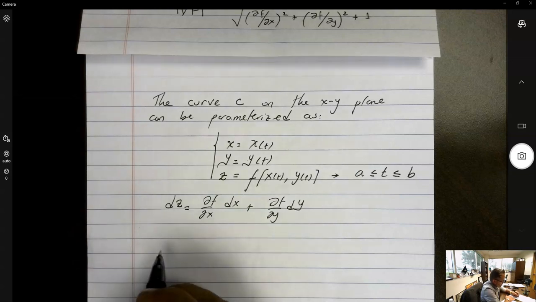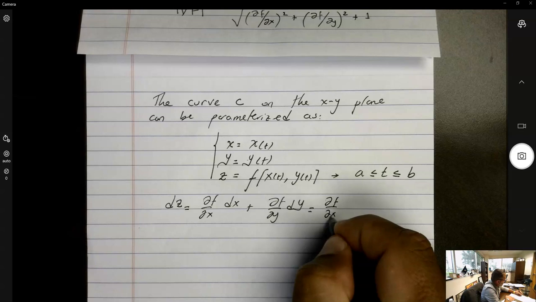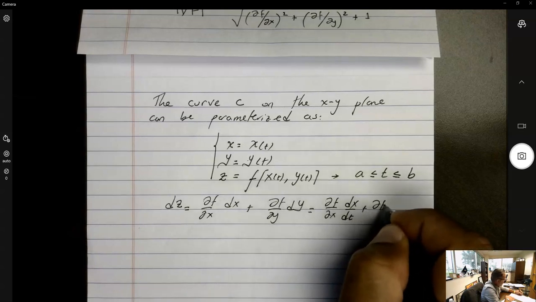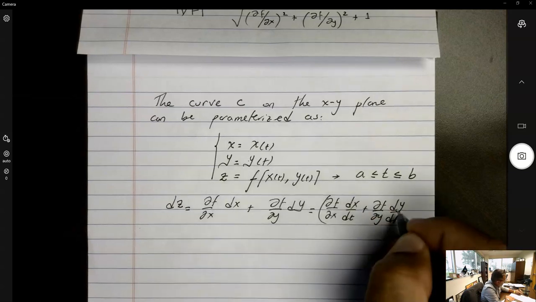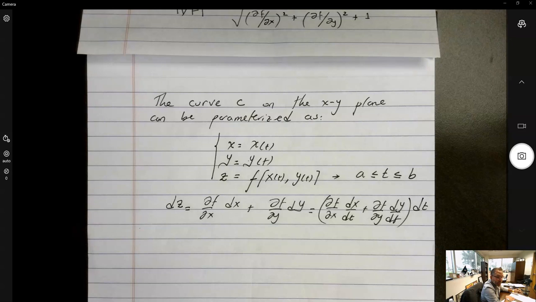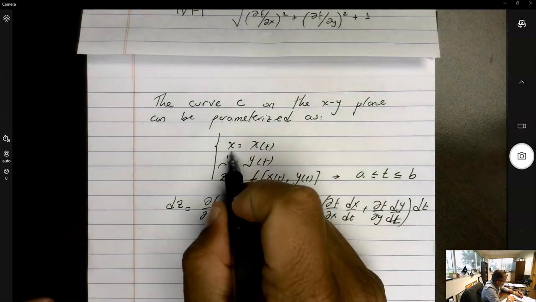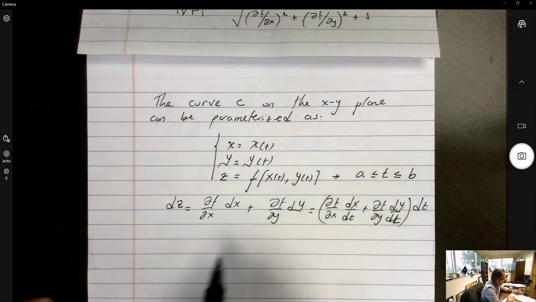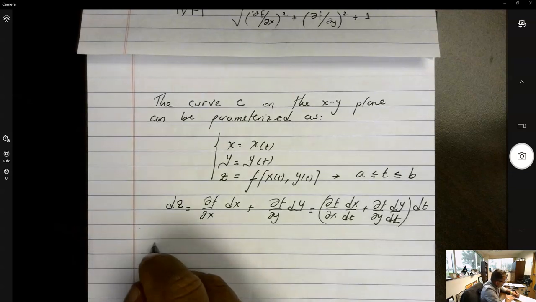And furthermore, then we can say that this is equal to df dx times dx dt plus df dy times dy dt, multiplied times dt. So we can take dt as a common factor outside, and then use this relationship between x and t and y and t of the parameterization to calculate these differentials and associate dx and dy to dt. If we do that, then the right-hand side,